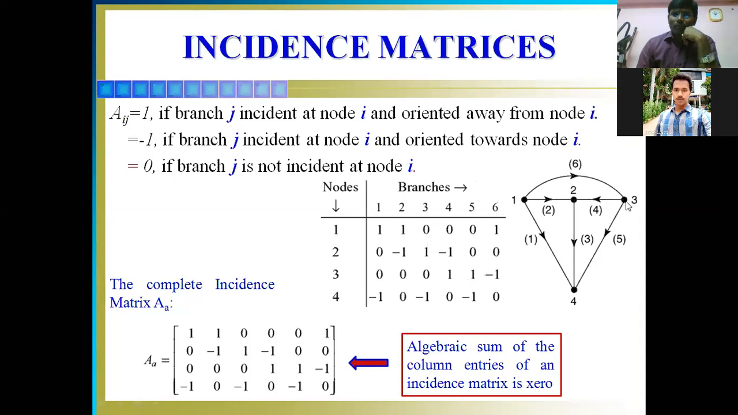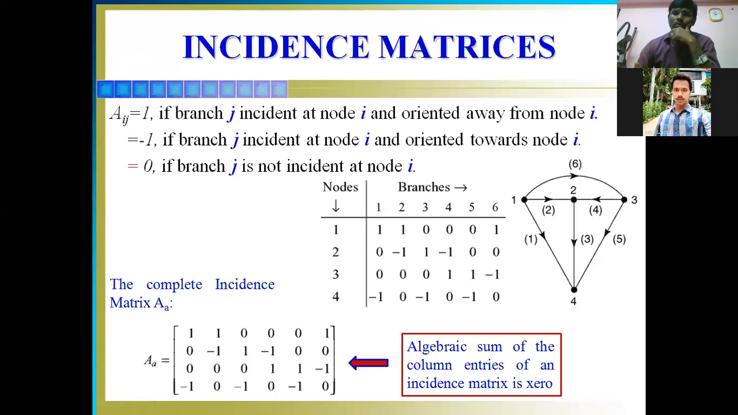which consists of 4 nodes: 1, 2, 3, 4. The open numbers represent nodes, and the numbers in brackets represent branches. So 1, 2, 3, 4, 5, 6. You can give these numbers arbitrarily. And now, the size of the incidence matrix is n by b, where